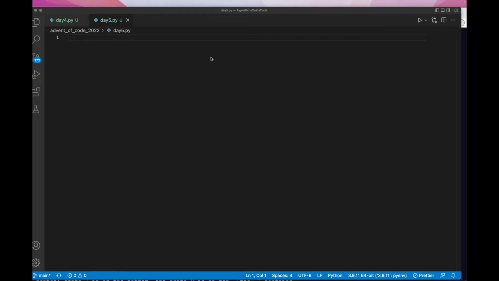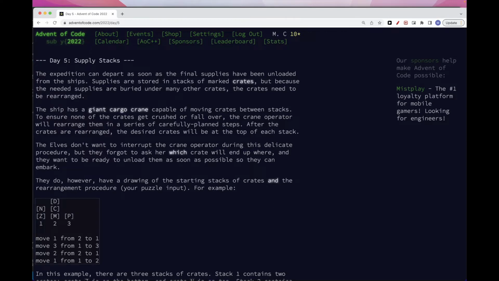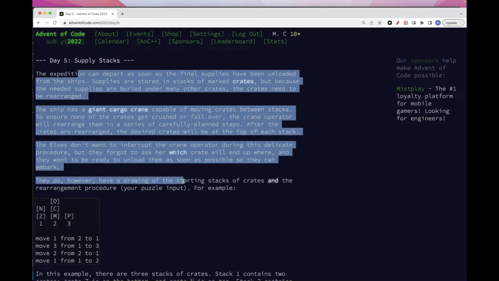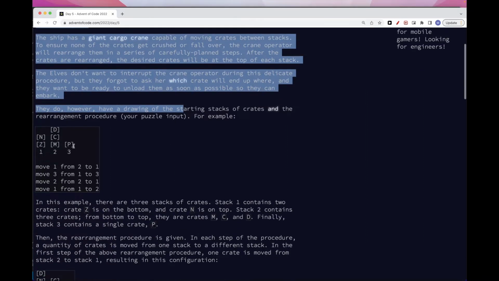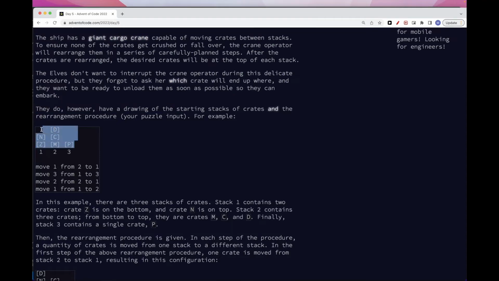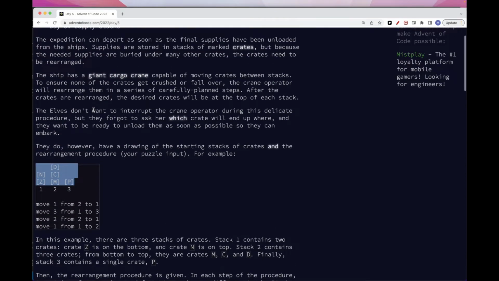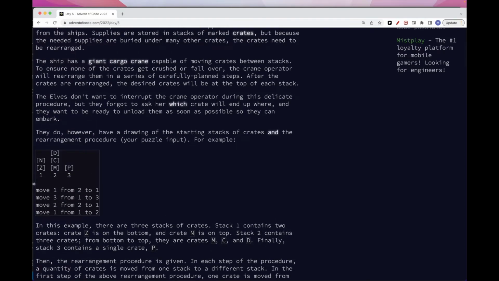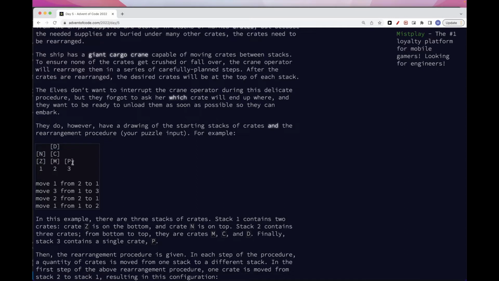Hello, so today we are going to solve day 5 of Advent of Code. What the problem says, I'll skip the detailed description again, is that essentially we have a stack of crates, numbered like this, 1, 2, 3. It's a stack like this, and we want to move crates. So this is the input, and we get the instructions which tell us to move how many from which row